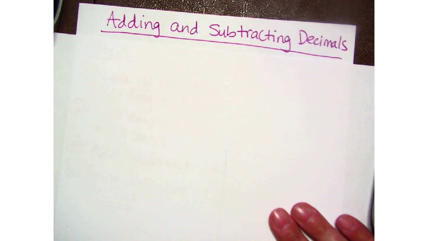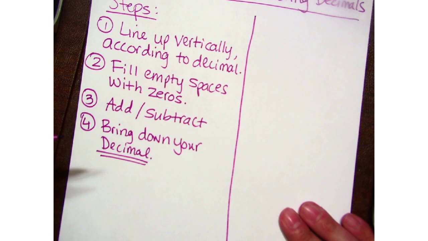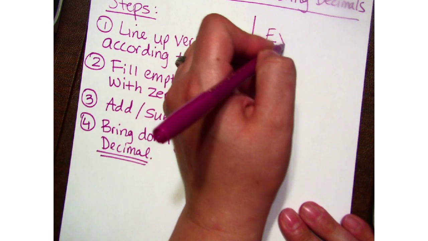Tonight we're going to be adding and subtracting decimals. So before we start, I want to go over some of the steps to do this. Step number 1, you're going to line up your problem vertically according to the decimal. Simply being, if we had the example